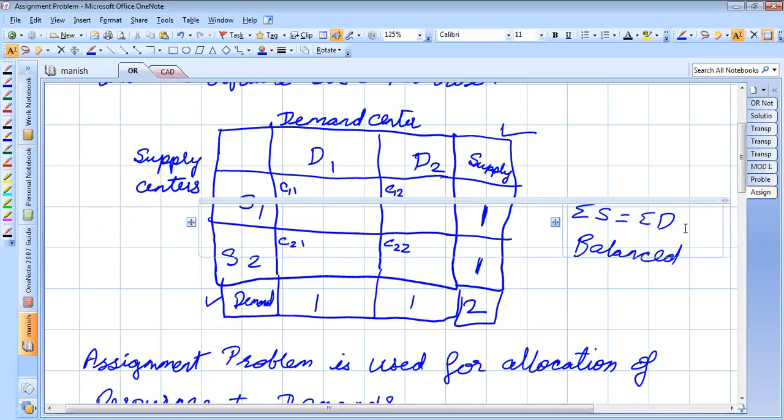Correct? These 7 labs are to be allocated to only 4 technical assistants. We have 4 technical assistants: Krishna Rao sir, Ramu sir, Surendra Reddy sir, and Raju sir. These 4 technical assistants have to work on 7 labs. So is this a balanced problem? No, sir, this is an unbalanced problem. The assignment is to be made so that each lab technician is allotted to one lab,